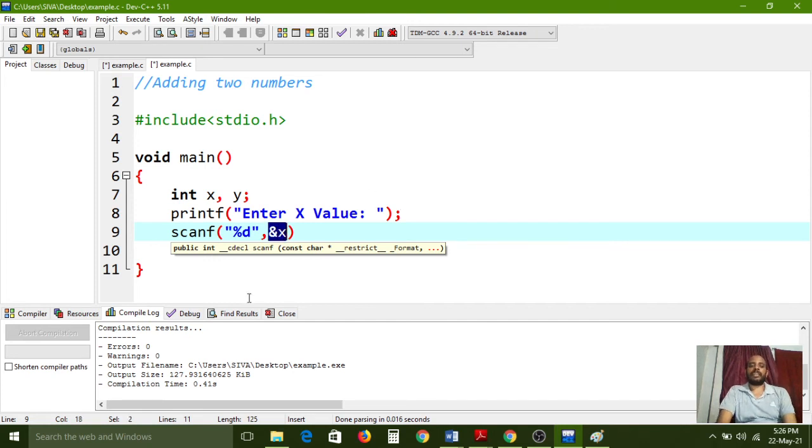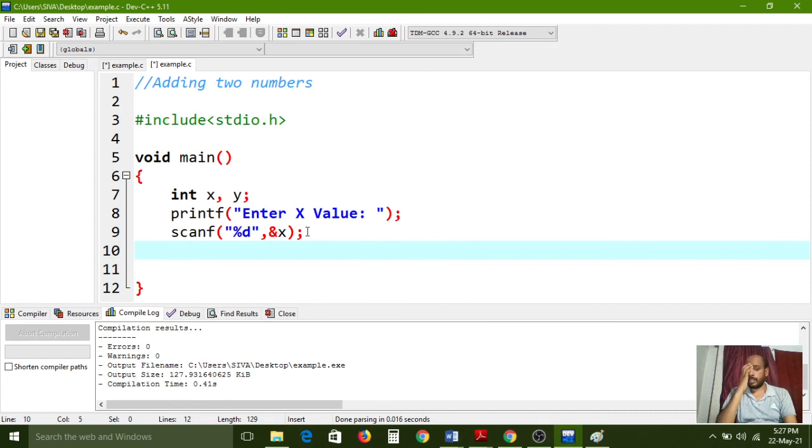After reading the input, whatever value is received by the scanf function, immediately it will transfer to the x variable. That means it can store into the x variable. That information I am passing to the scanf function. So it is over. Now I am going to save this file.